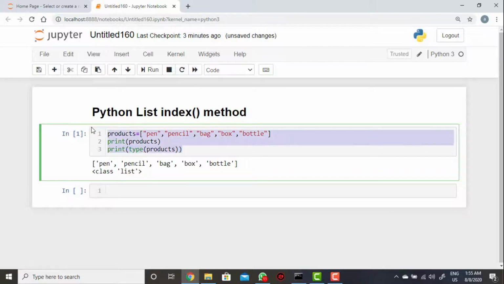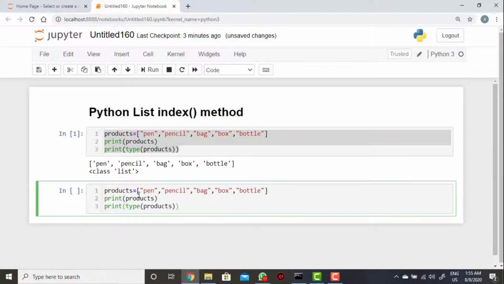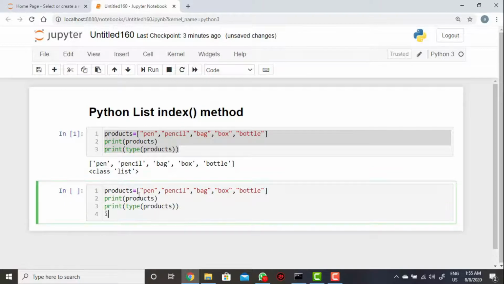So for the index number, let's see, I'm just taking index equal to that variable name. Then you need to pass the list name, and then the index method, index of, so which product you want to find out the index for. I need to find out for bag.